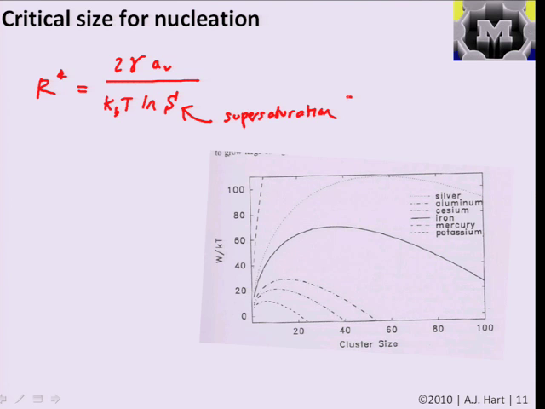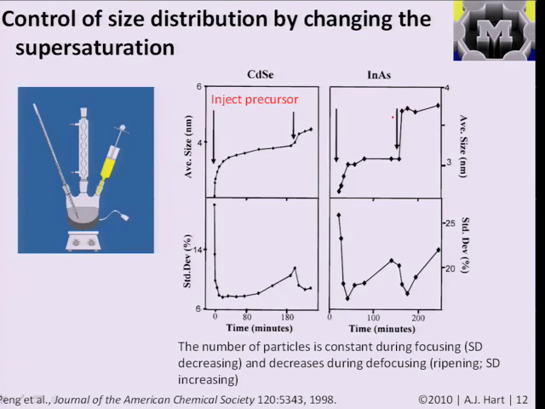Which, for example, can be in terms of a pressure, such as a vapor pressure of a precursor that's condensing into liquid droplets, or today we'll talk more about solutions, and so this could also be C, a concentration. And we saw at the end this experimental result of how by adding extra precursor to a solution, without thinking about the exact chemicals that are in the solution, we're able to observe, and remember these measurements were made in situ by looking at the optical properties of the nanoparticles that we know depend on their size,